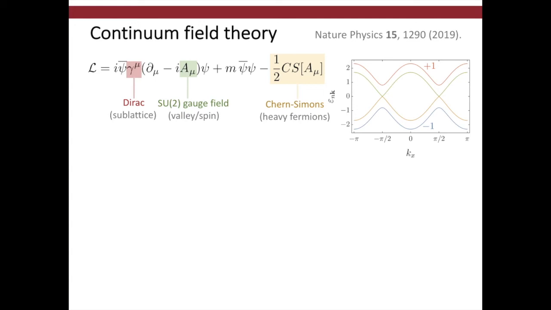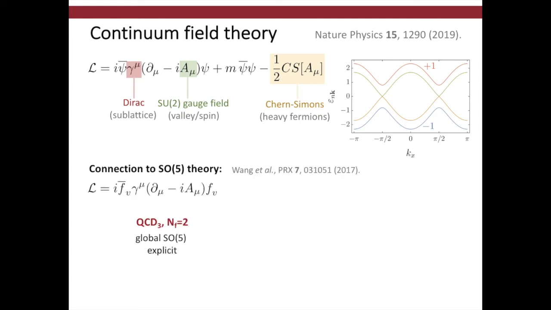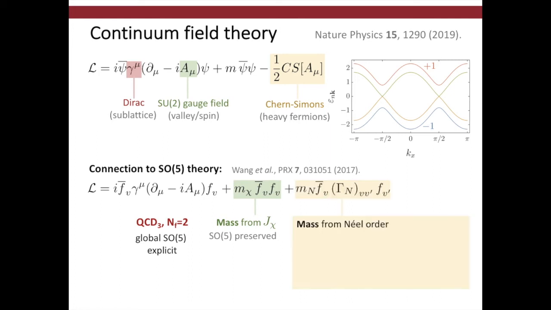Let us next connect the Lagrangian to the SO5 theory consisting of two Dirac fermions, F b. As already mentioned before, the orbital coupling J chi corresponds to a Dirac mass term. While this term preserves the SO5 symmetry, the additional mass term associated with Néel order reduces this symmetry. Recalling that the Néel order parameter is part of the SO5 manifold, choosing one direction for the Néel order reduces SO5 to SO4. Among the remaining 6 generators of SO4, 3 generators act in the space of heavy fermions with